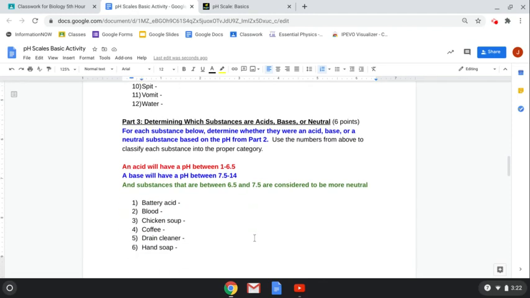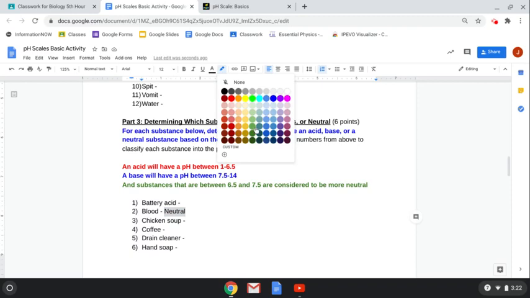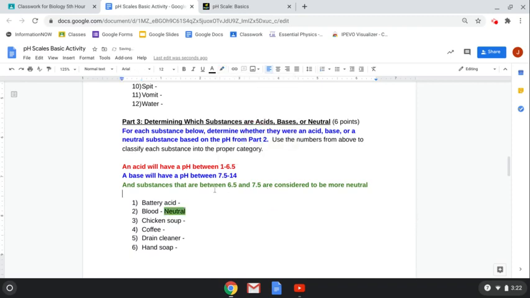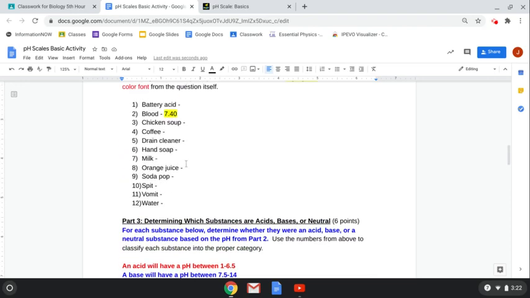7.40 is in between 6.5 and 7.5. So for this, we're going to put neutral. And I'm going to highlight my answer. I'm going to go ahead and highlight it green just because that's the color I have there. So I might color code my answers, but that's just me. So you do that for each of them based on the values that you have from